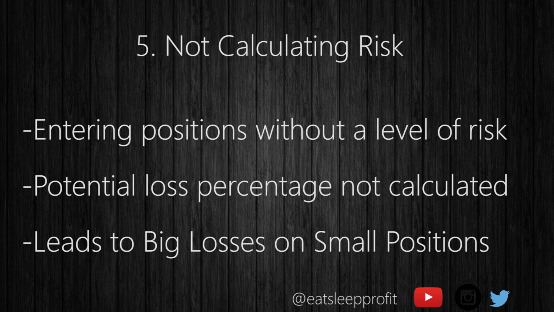I usually like to risk no more than 5%, and you're not even looking at that at all. Sometimes you may enter a position and be risking 10 or 12% on the downside just by entering at that specific time. A lot of times this leads to big losses, even with small positions. Even when I first started, I took a $750 loss on a $1,500 position, losing half of my money on one position. How does that happen? It happens when you get into a position and do not know what you're willing to risk, and not being very disciplined as well can lead to a huge downhill spiral.